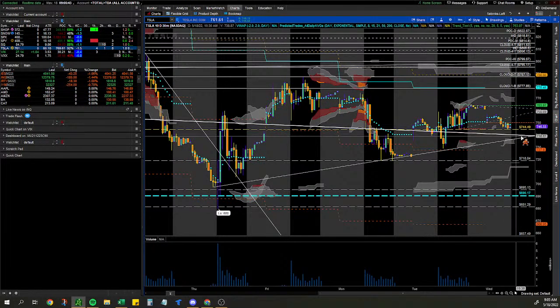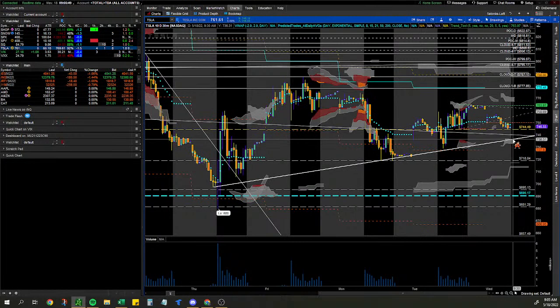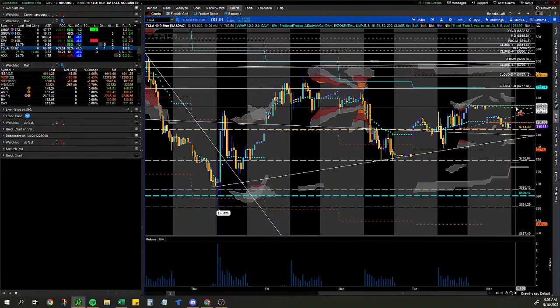Tesla here at this 740 could be a great gauge for a bounce in the market to get back above the trend, right? We seem to be on a trajectory. We're doing a good job of holding this 744. If we slip to the 740 and catch a bounce, get back over the 744, Tesla might try and get some upside love to help lead the